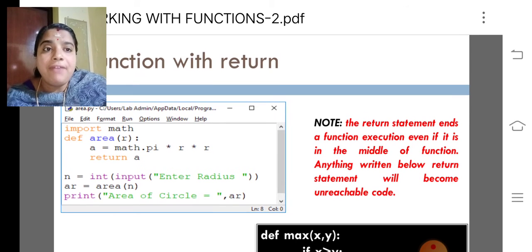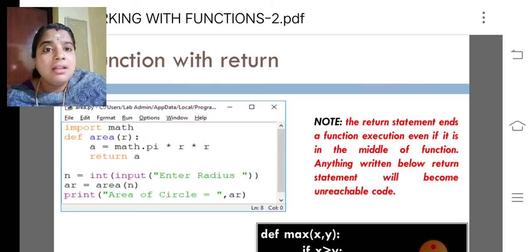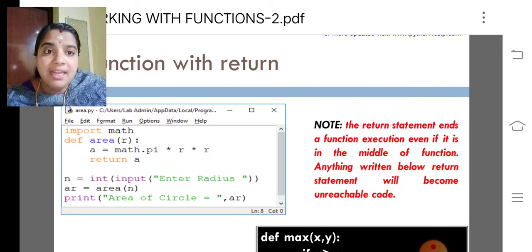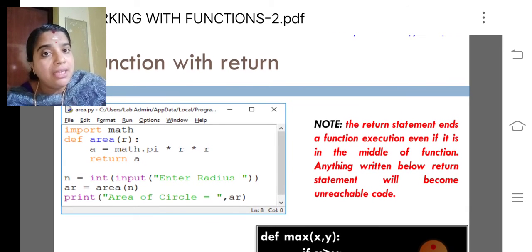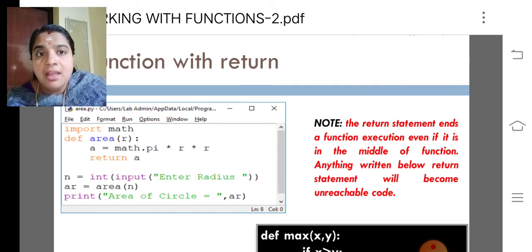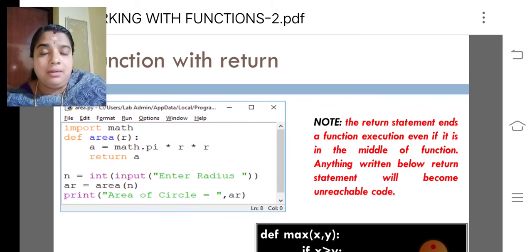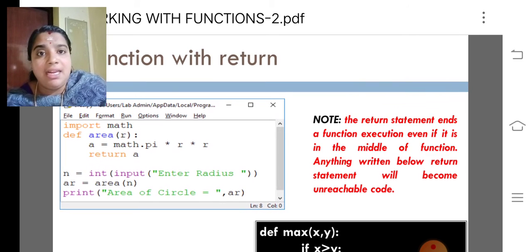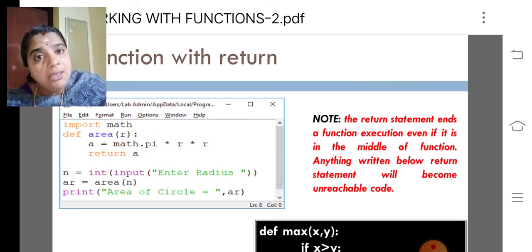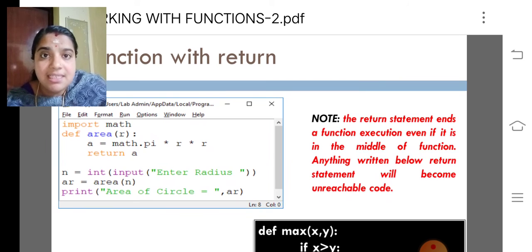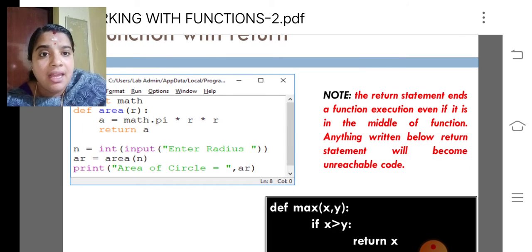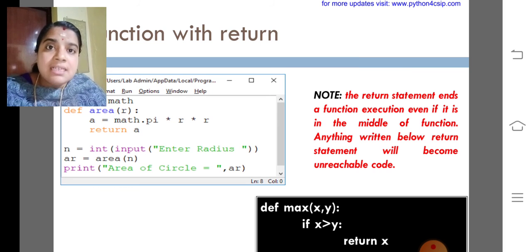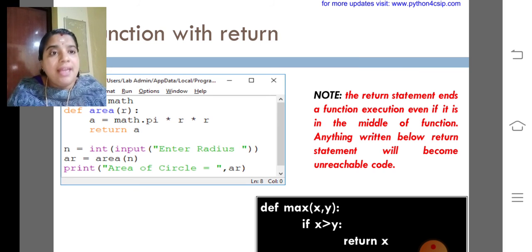So, how to find R? We are passing the value as n. Enter the radius. So, the user will give the value for n. N will be passed to R. Then R will be multiplied with the pi value and assigned to A. And it is returning the value A. So, after returning, it will get the value for area.